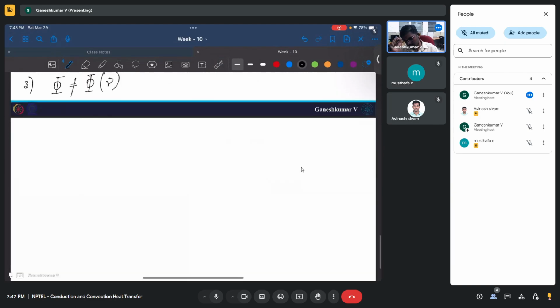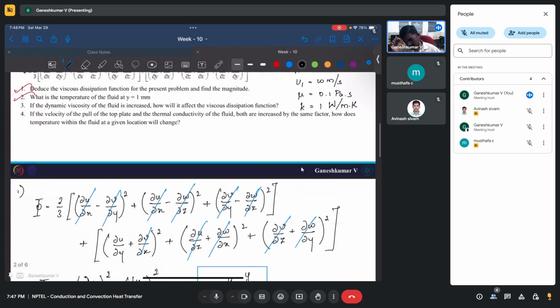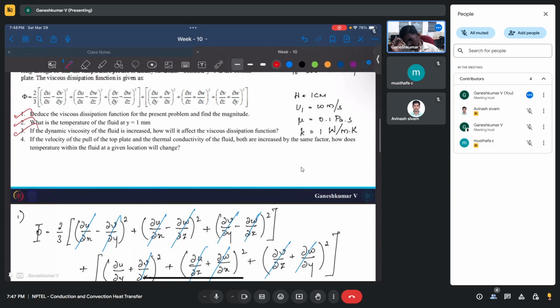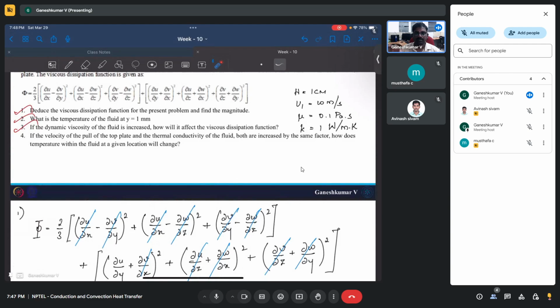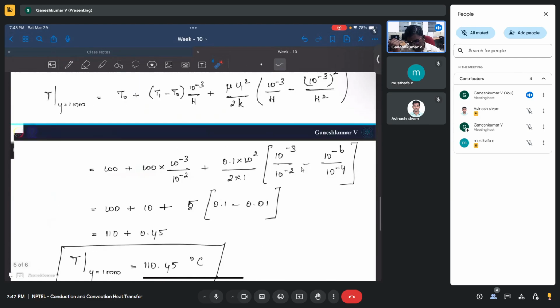Okay, and the final question that we have today is, if the velocity of the top plate and the thermal conductivity of the fluid both are increased by the same factor. Okay, let's say I'm doubling them. Doubling both velocity and thermal conductivity. How will the temperature within the fluid at any given location change? Basically they are asking what is the dependence of temperature on velocity and thermal conductivity. Okay, now,